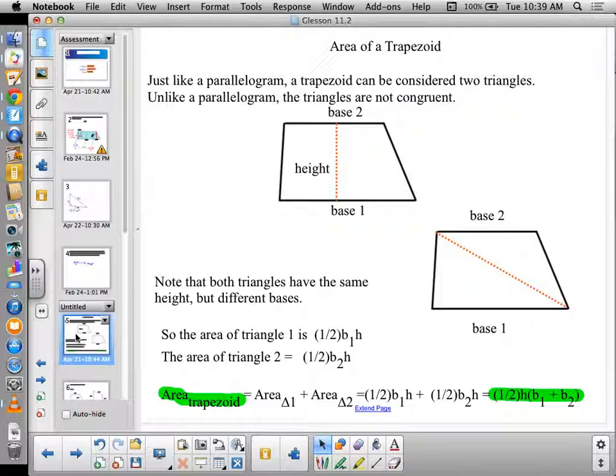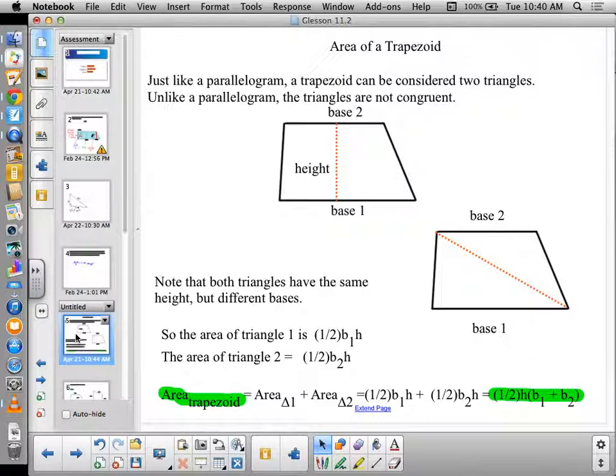Got lots of time. All right, trapezoids then. Let's talk about trapezoids. Basically, there's a big difference between a trapezoid and a parallelogram in that the sides aren't the same. We know that a parallelogram, if we cut it in half down a diagonal, we get two congruent triangles, right? Well, what happens when I cut a trapezoid with a diagonal? I do get two triangles, but they're